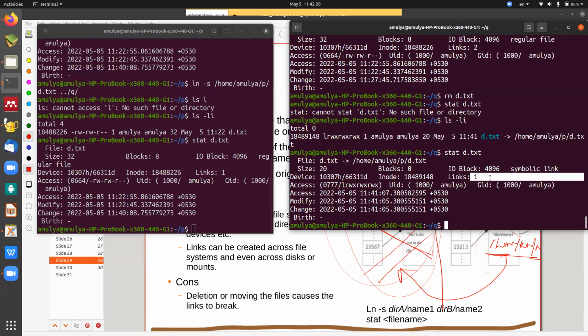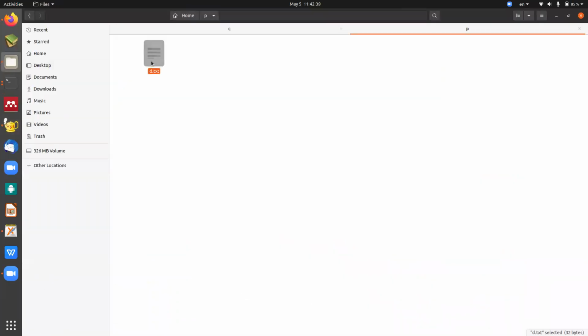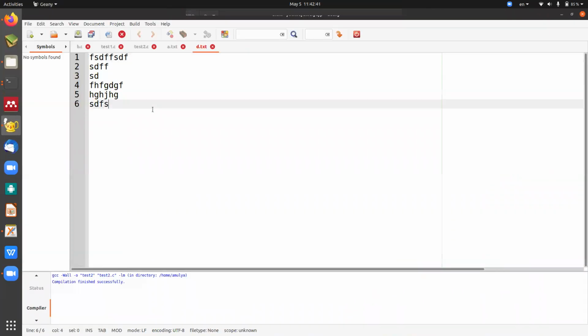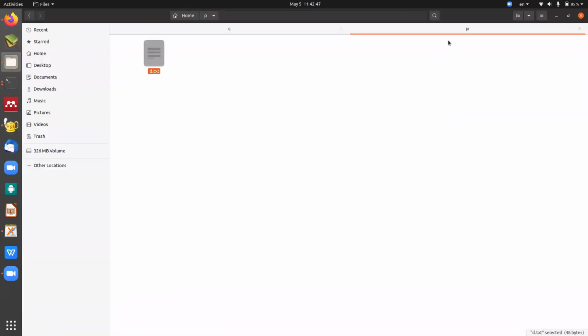But if you modify, that is getting modified. Yes, let's see, we will modify these things, whether it is modified or not. So if you open this, this is removed, this is removed. So I will open, suppose P, open it and I modify this one and save it. Now you go to Q and d.txt.